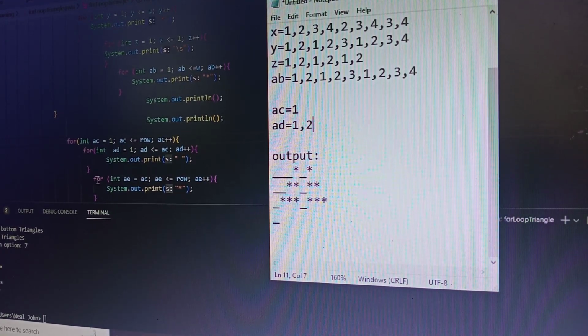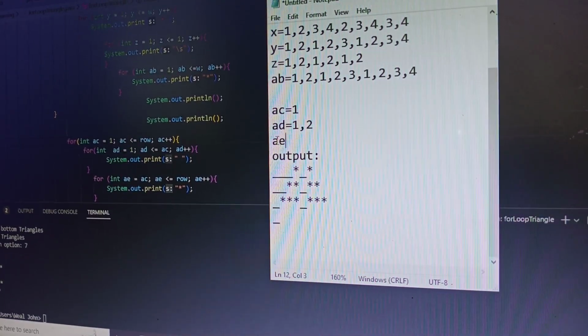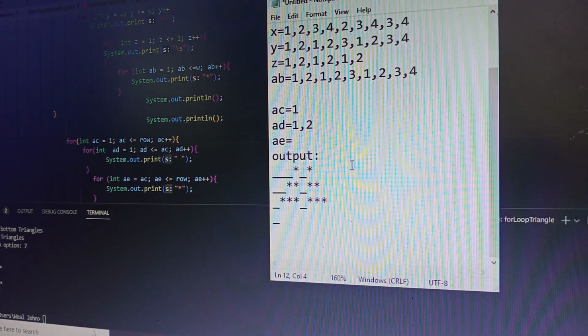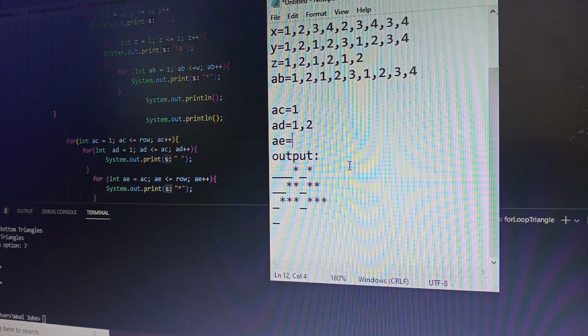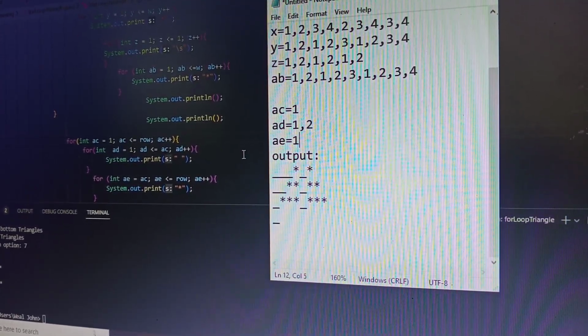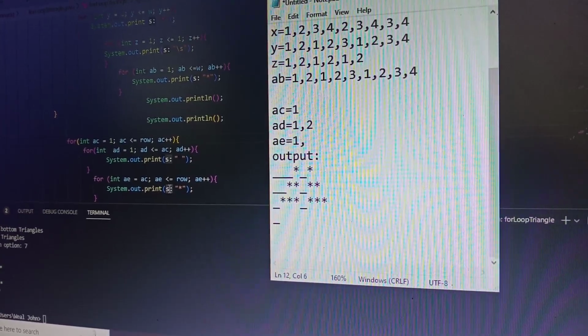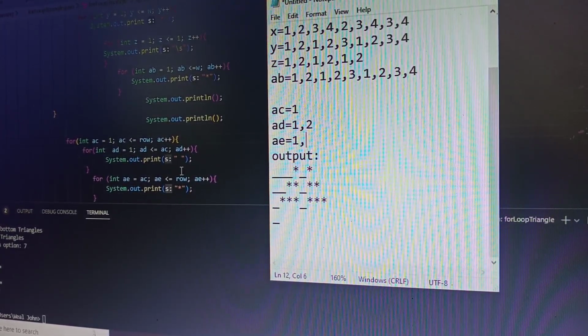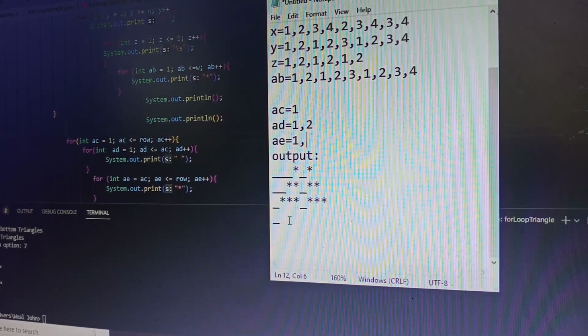line, which is the variable is AE. AE is equal to AC, which is AC is 1. Then AE will become 1. Then condition AE less than or equals to row, which is row 3, then true, then will print